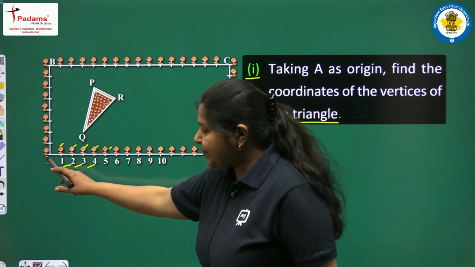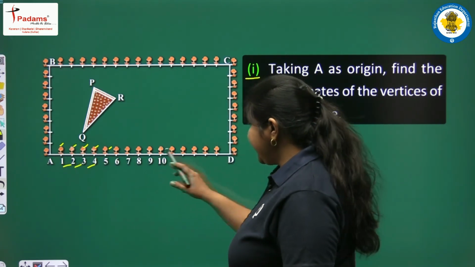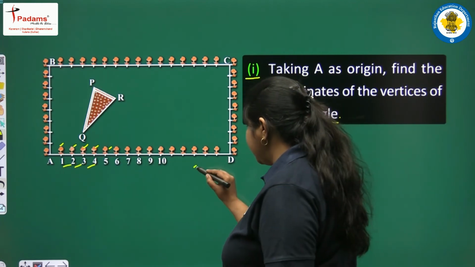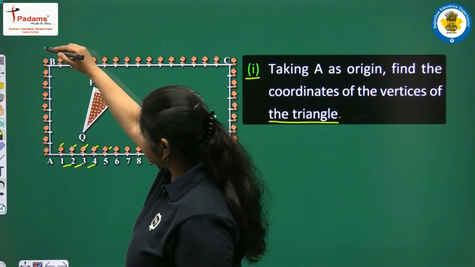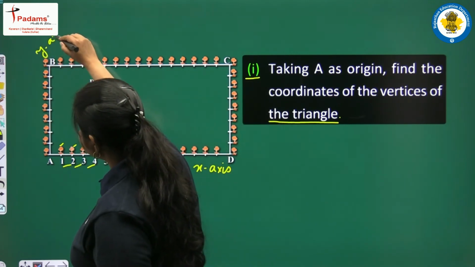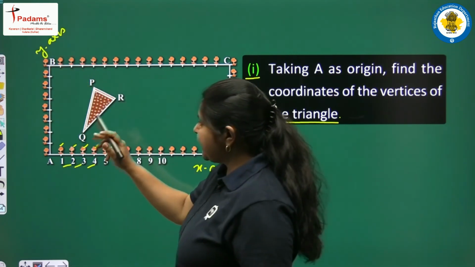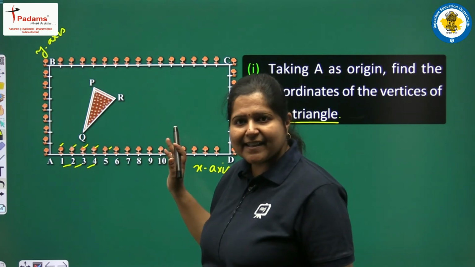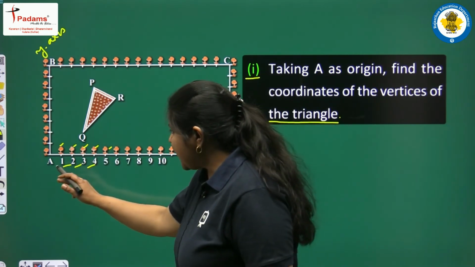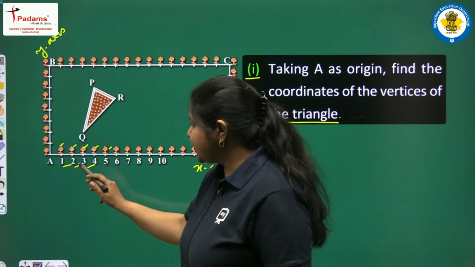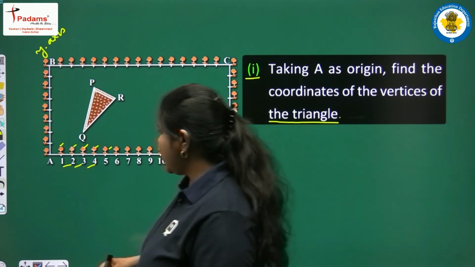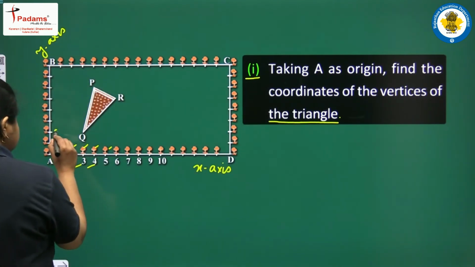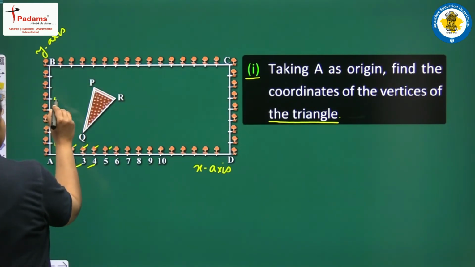तो जैसे ही आप A को origin मानेंगे तो ये जो side है AD, ये तो आप ले लेंगे as x axis, और ये जो side है AB, इसको y axis मानते हुए हम यहाँ पर points P, Q और R के coordinates लिख सकते हैं. कैसे लिखेंगे? ये जो plants हैं इनको हमने numbering कर दी 1, 2, 3, 4, 5, 6, 7, 8 इस तरह से, और आप यहाँ y axis के along भी numbering कर सकते हैं 1, 2, 3, 4, 5, 6